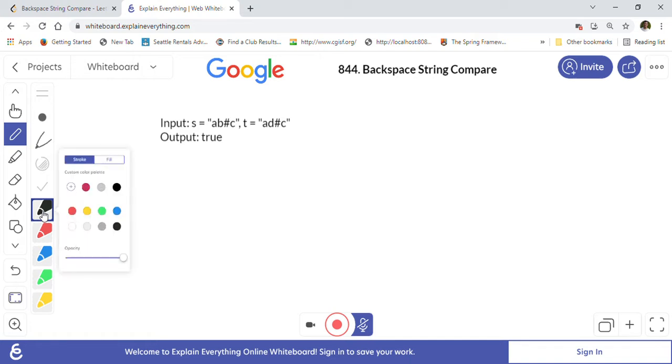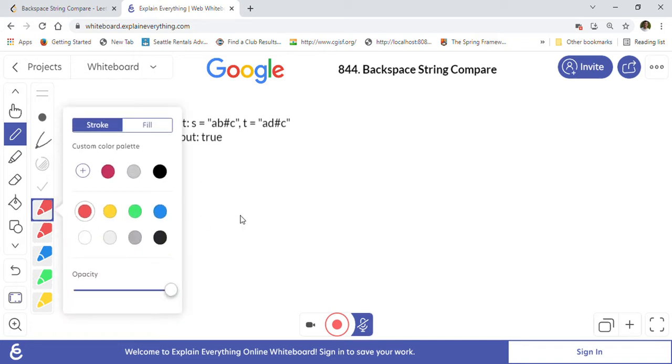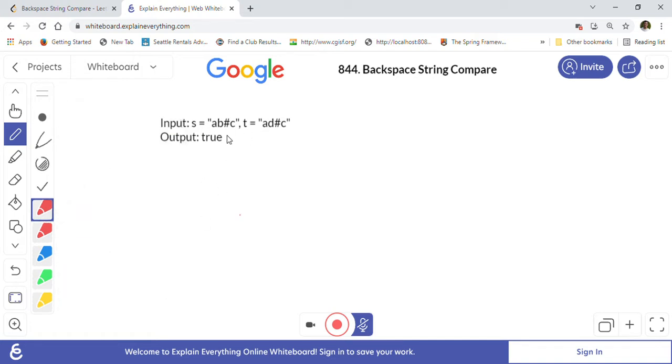As you can see, both s and t strings are given, and this hash character means backspace. If you are typing A, B, then hash, when you type hash, the B character will go away.